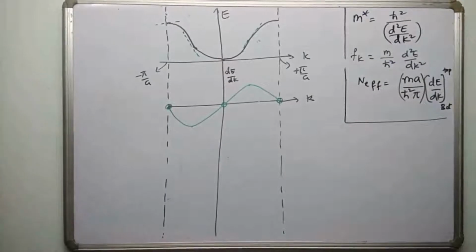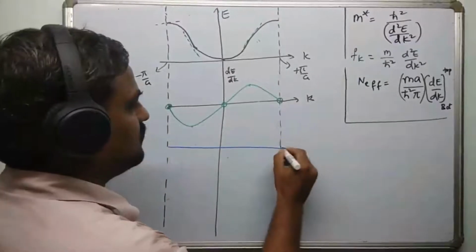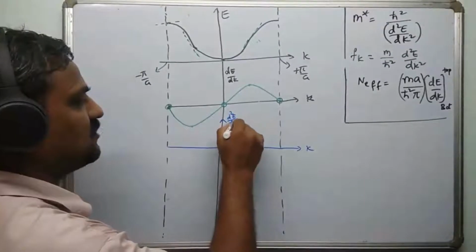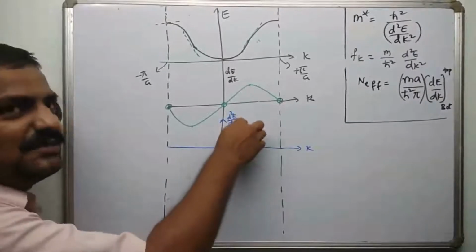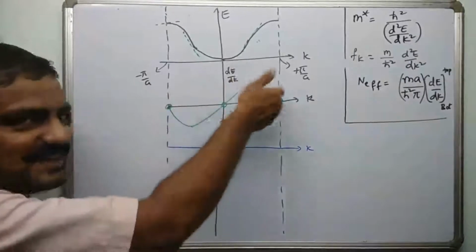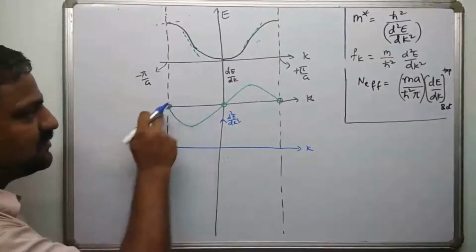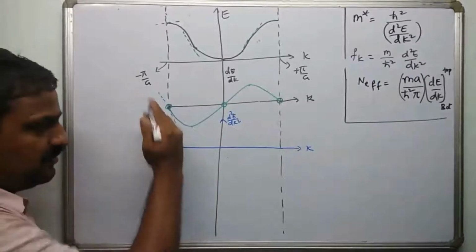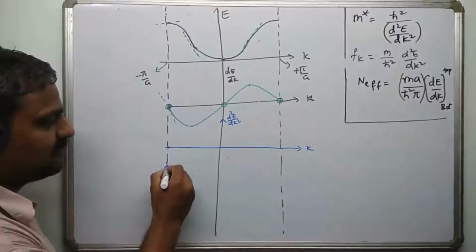Now the next one which I am going to plot is d square E over dk square. So once again it is k, and here I am going to plot d square E over dk square, the second order derivative. Second order derivative is nothing but d by dk of dE by dk. So if you take this as dE by dk, its derivative means the slope of this graph. Let's check how it goes. At this point, if you draw a tangent here, it is going to be like this, so it's once again a negative slope. So if you choose this as origin, this is going to be somewhere negative.